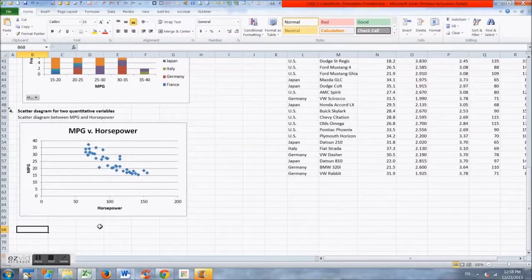Now we'll try to interpret the scatter plot. There seems to be an inverse relationship between horsepower and miles per gallon. That is, if horsepower increases, the miles per gallon goes down. So